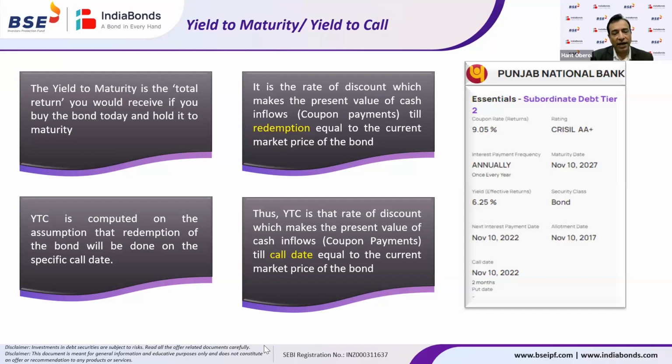And the issuer has the right to exercise the call, and he can make the principal payment back to the investor. When there is a call option in an instrument, or a covenant of a call option is there, the yield to maturity is not the correct criterion to calculate the return, because as an investor, I do not know whether the issuer will exercise the call or not. He has the right to exercise, he may or may not, depending upon the market conditions.